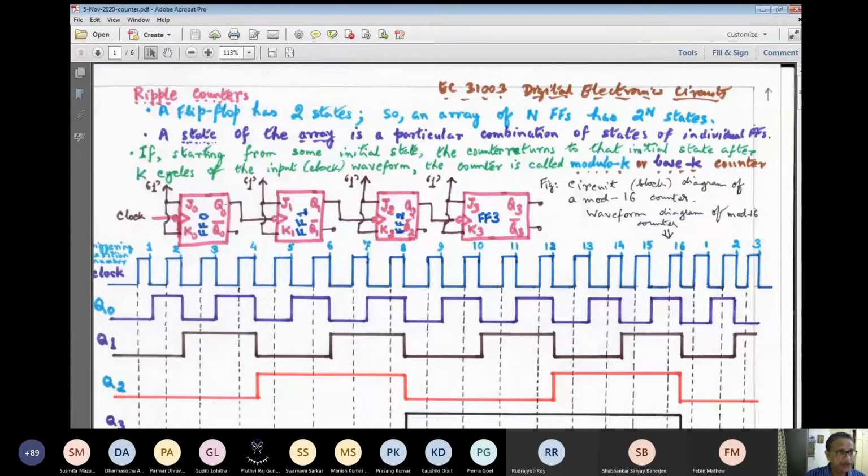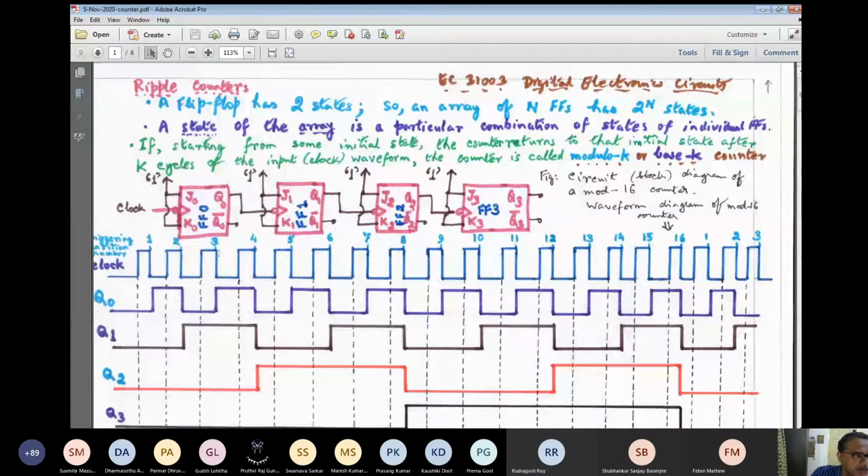Prior to the transition, if we call the time t, then just after the transition we shall call the time instant t plus 1. So here, for example, you see that this is the active edge, the 1 to 0, or falling, transition in the clock. As soon as it happens, Q0, which stands for the state of FF0, was at logic 0 prior to this falling edge. Now it has become 1.